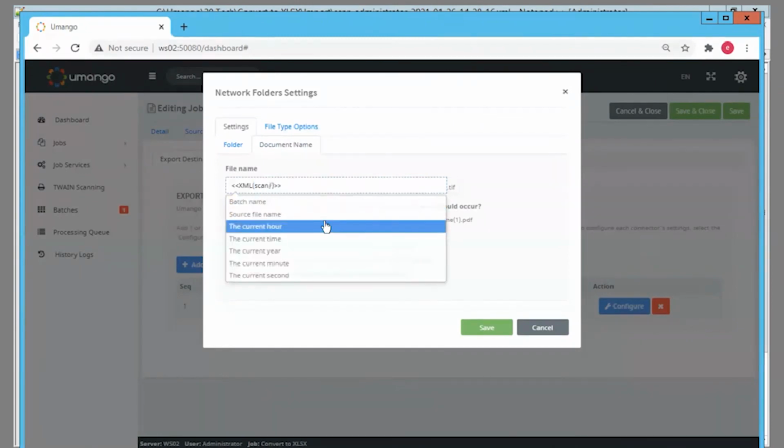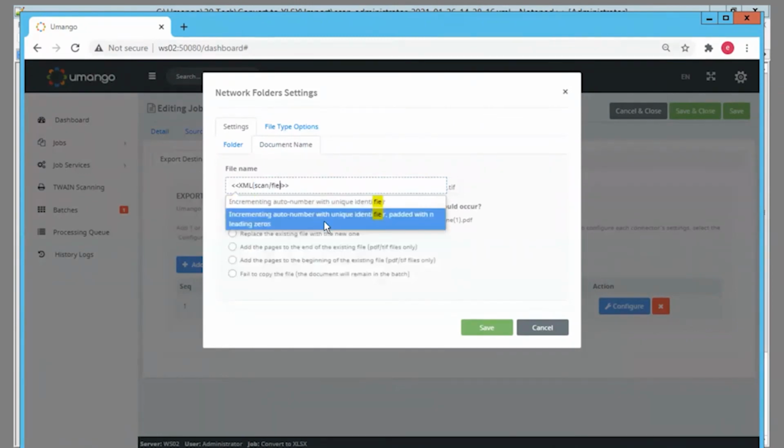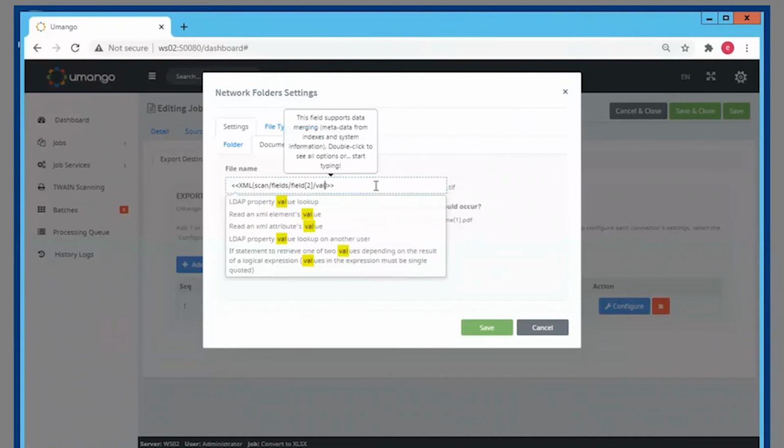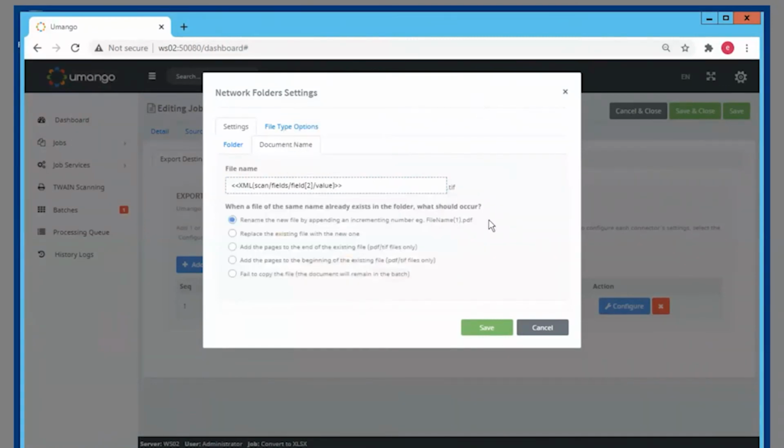And we're going to say scan, and then we're looking for fields, and then field 2. And that's where we're going to find our file name here. And this is the XPath that we're going to use to name this document. So this is only one example of what we can do with an XPath. There's a lot you can do, but we'll bear that in mind and we'll go ahead and keep moving along